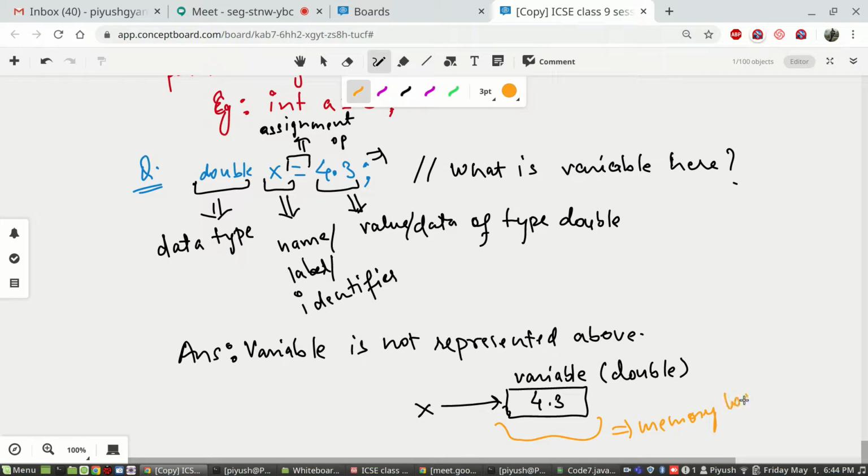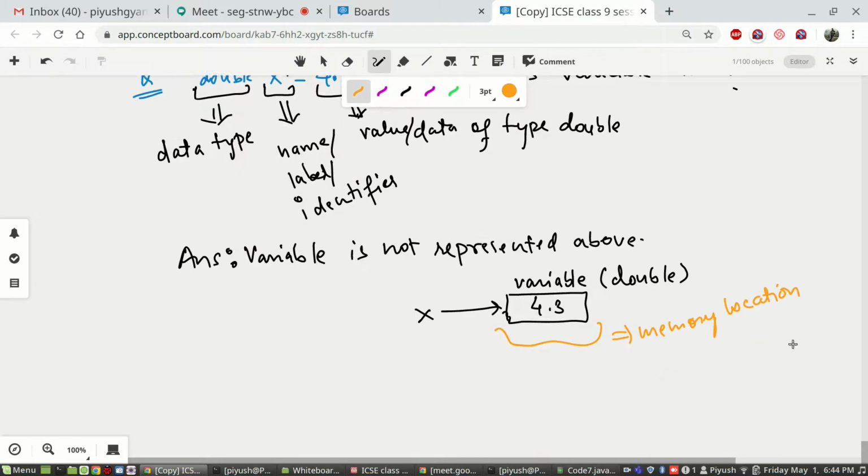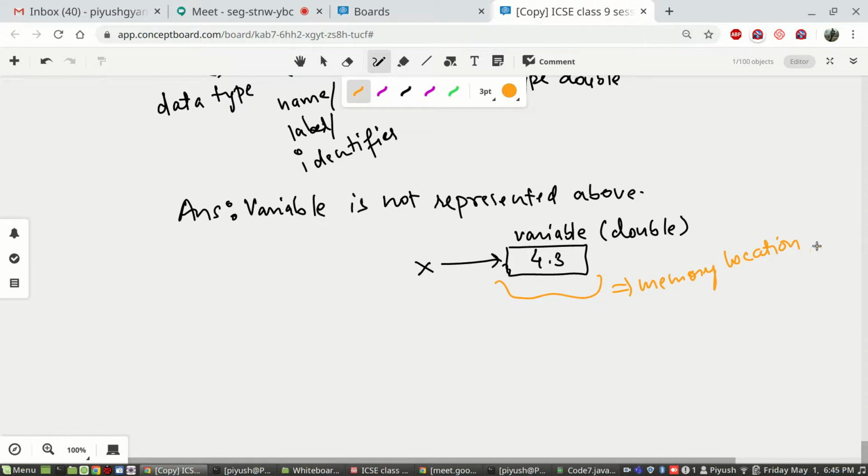If somebody asks you what is a variable: the memory location in RAM towards which the identifier x is pointing.